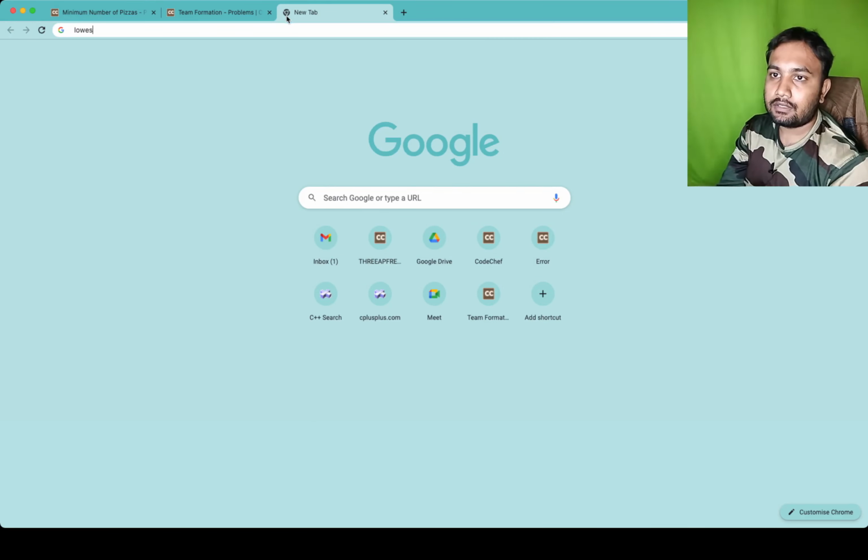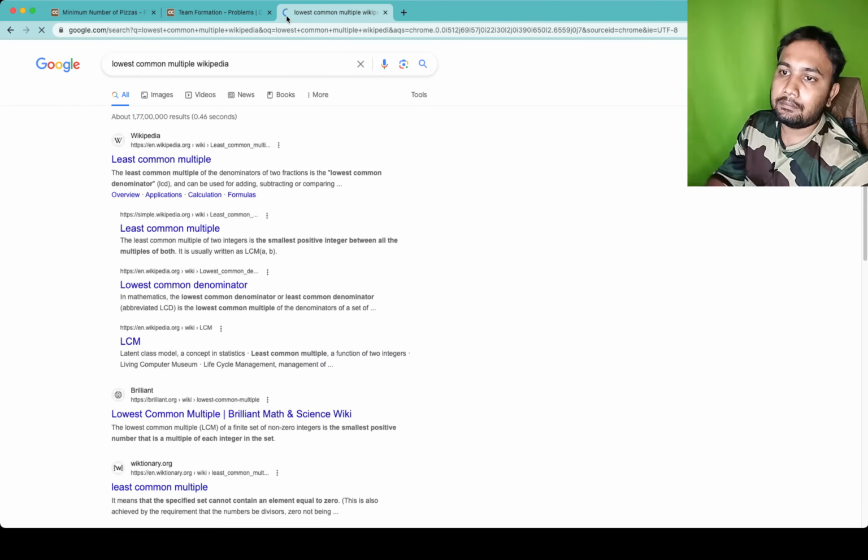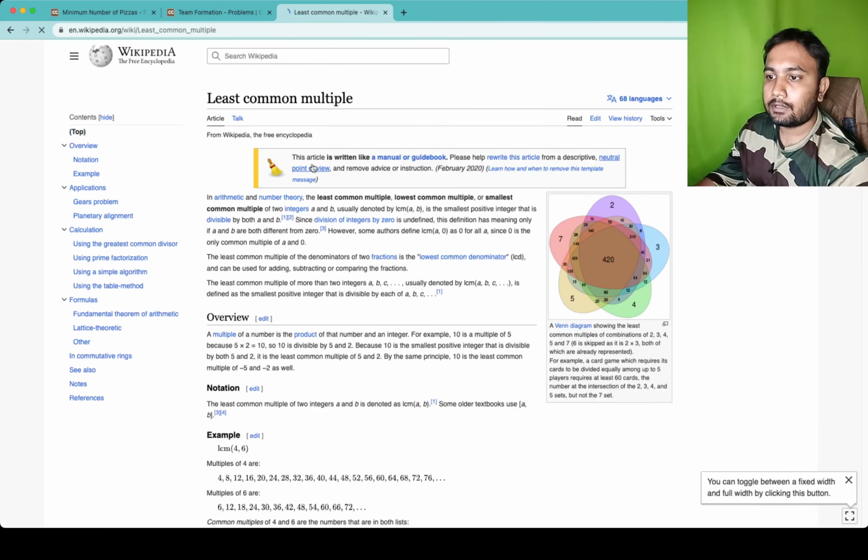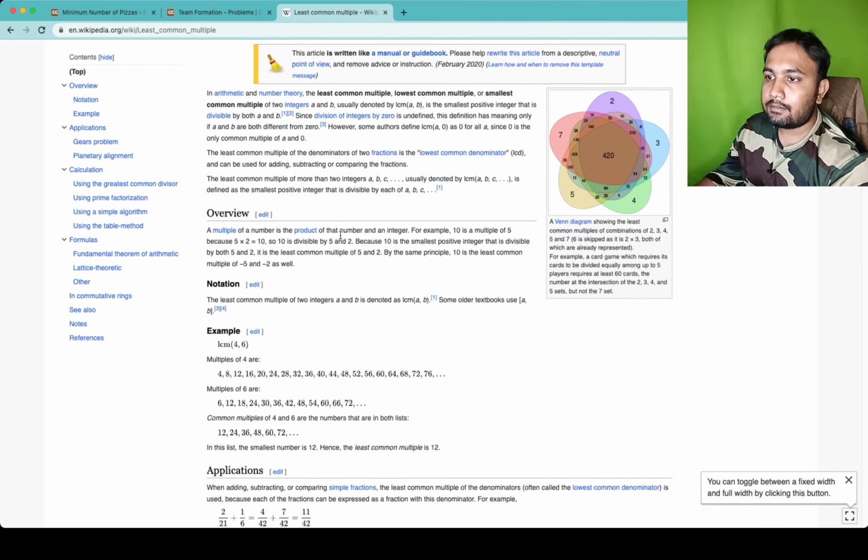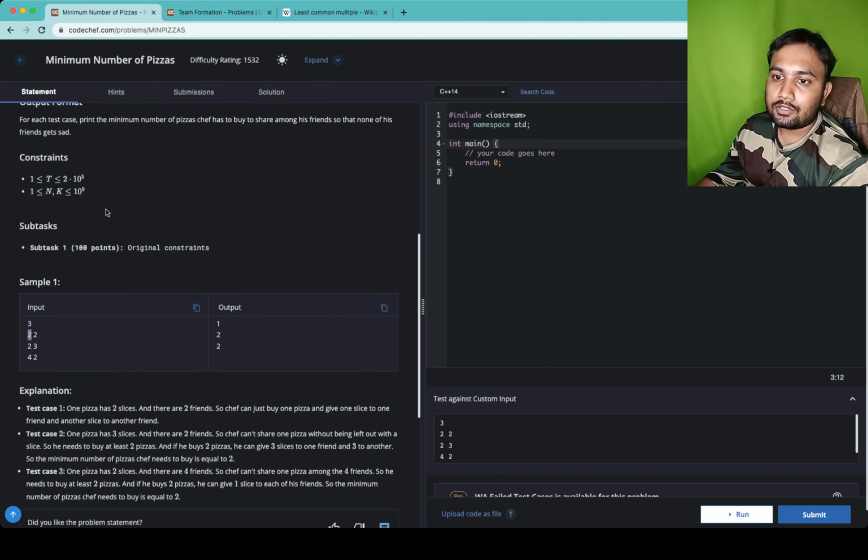If someone does not know, you can check over Wikipedia. Lowest common multiple, right? So LCM is basically defined as the smallest common multiple of two integers a and b, usually denoted by LCM of a comma b, is the smallest positive integer that is divisible by both a and b. So smallest positive integer that is divisible by 2 and 3 is 6, okay, and if you divide 6